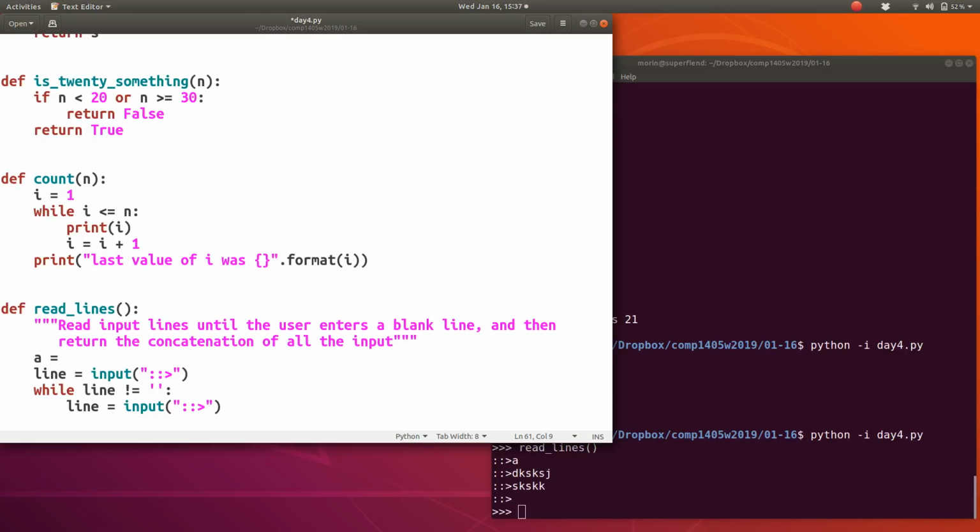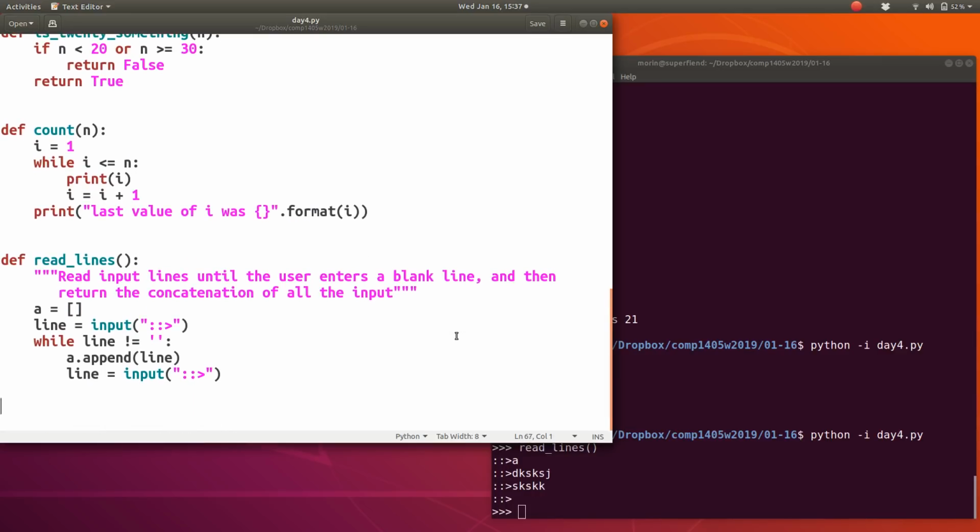Let's create an empty list, and each time the user enters something, we append it to the list. And then finally, when we're done,